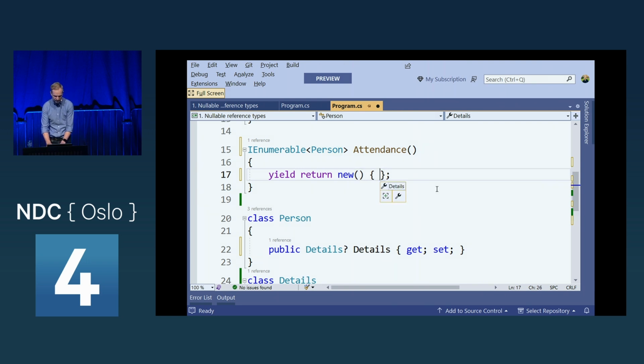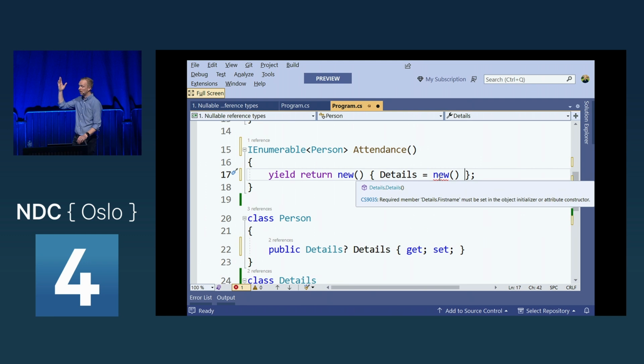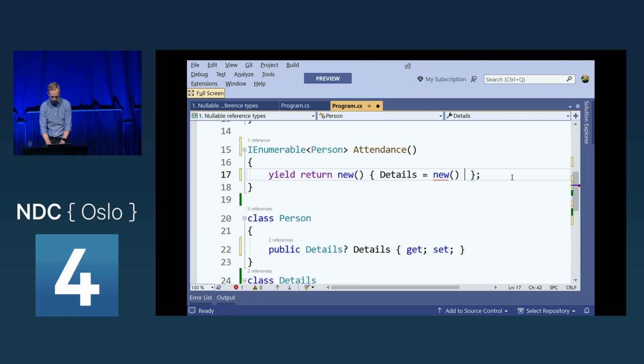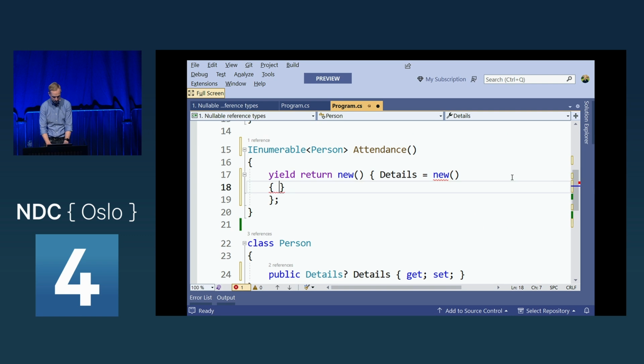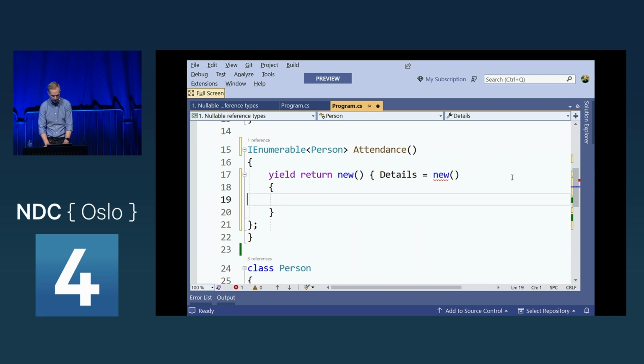But look at what happens if I say I want to also create a new instance of details. Now it's going to give me a compiler error here because I haven't set the required property of first name. So I can do that as well just to illustrate exactly how this works. I can say first name. Oh, look at that. I'm going to indent this a little bit nicer. It even tells us that first name is required. So Visual Studio will tell us that you are required to set this to an instance. Right? There we go. Set it to an instance.